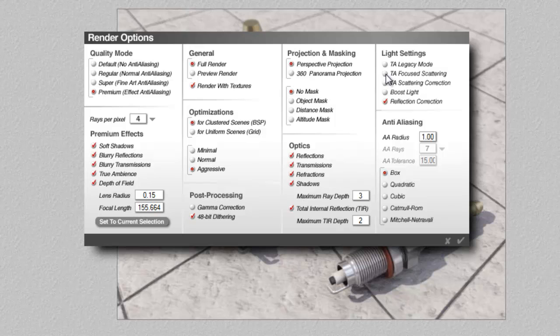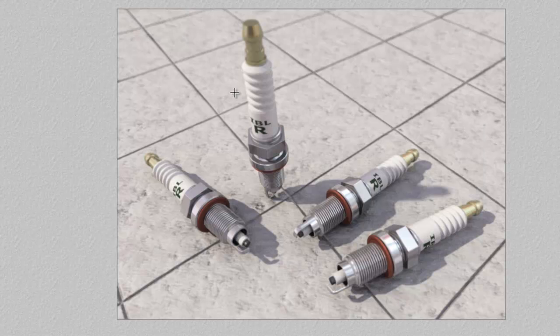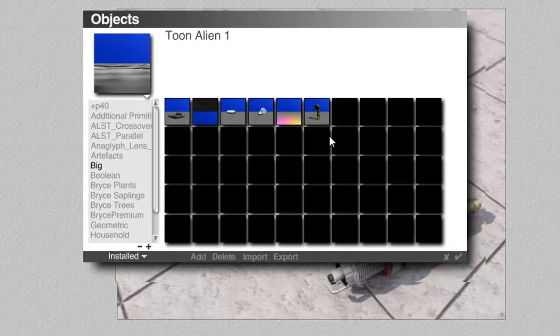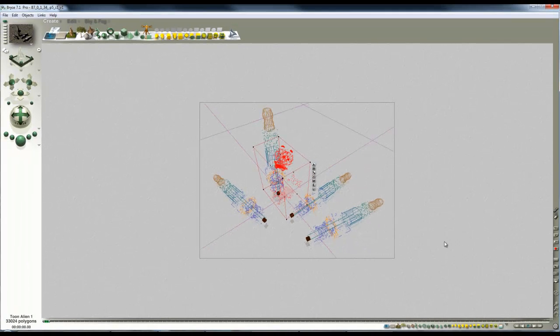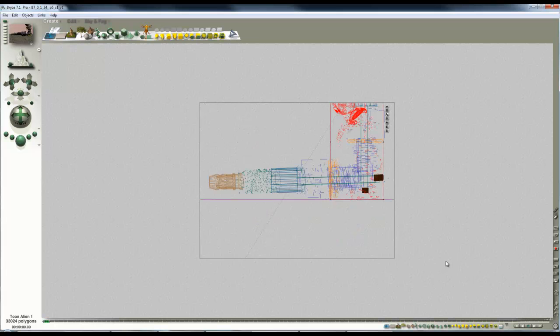And I'll turn off TA focus scattering and switch on TA scattering correction, which is the new improved true ambience rendering mode that is now available in Bryce 7.1 Pro. And I'm going to bring in my pre-posed figure that I've just done, and then I'm going to use first